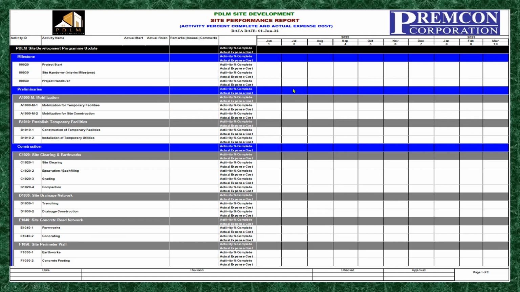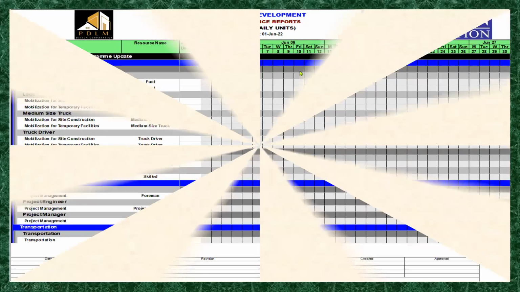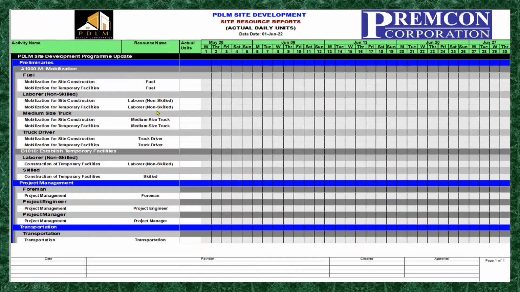Okay. So we will look at the other format. This one is the site performance report. Now the other format is the site resource report. And here is what it looks like. Okay, this is the site resource report. The first report format that I've shown to you is for the performance or progress of the activity. But here, this is the actual